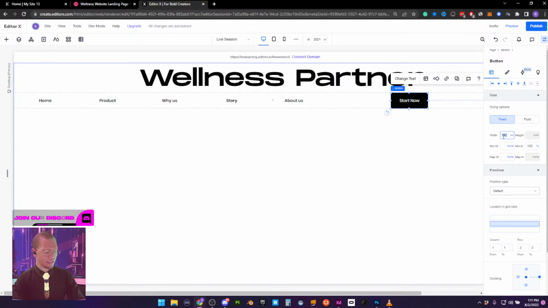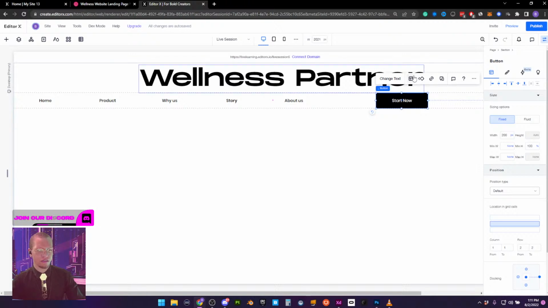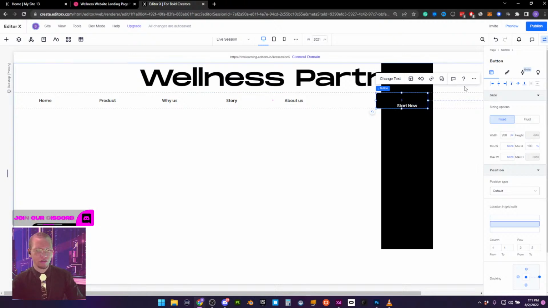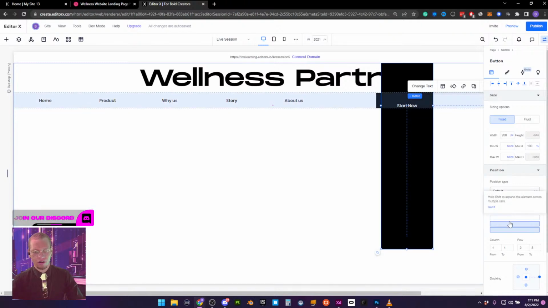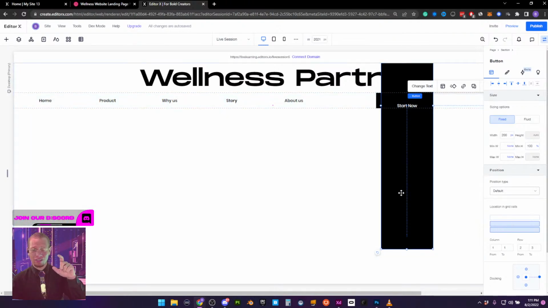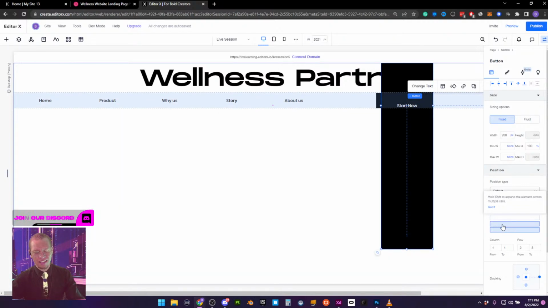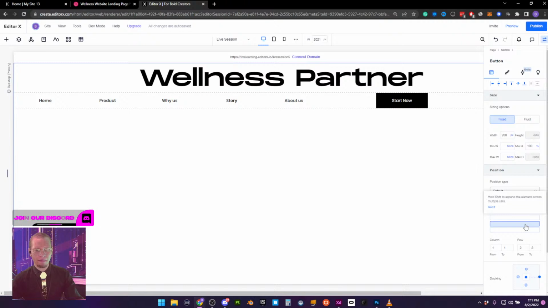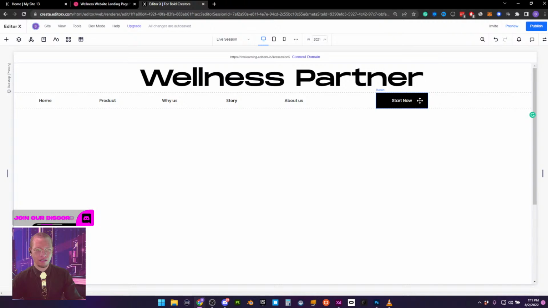And I think for right now, we'll set the width of this button to 200 pixels. I'm going to go ahead and duplicate this. The reason that when I duplicated, the button got so big is, if we see here in the inspector, that button is trying to expand not only into the second row but into the third. So the easiest thing to fix that is popping it back into the second row, and I'm going to right align it so that it